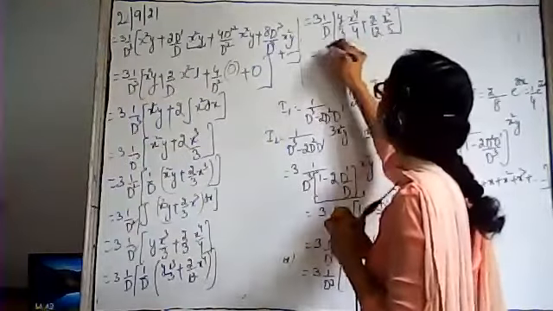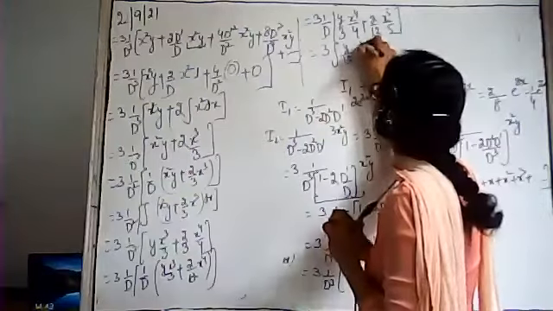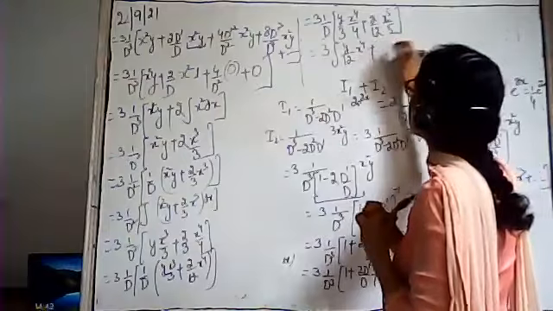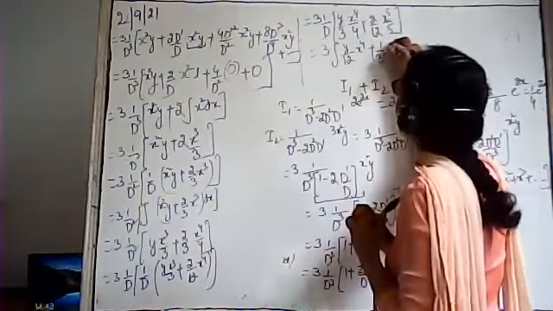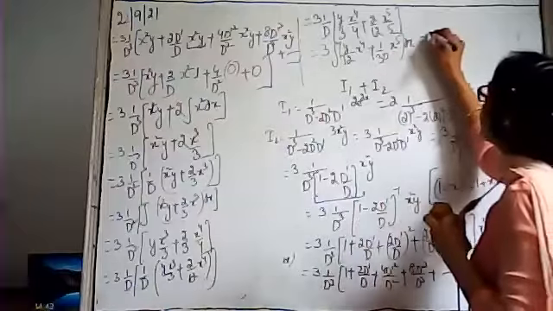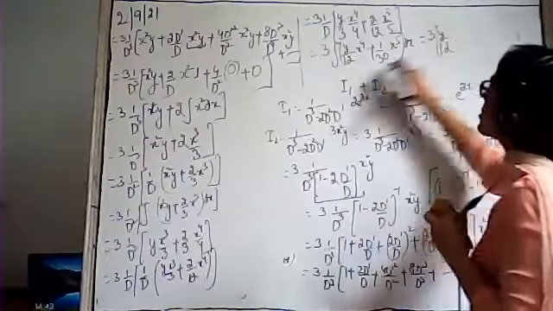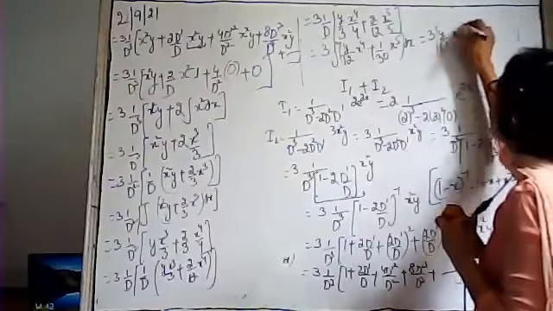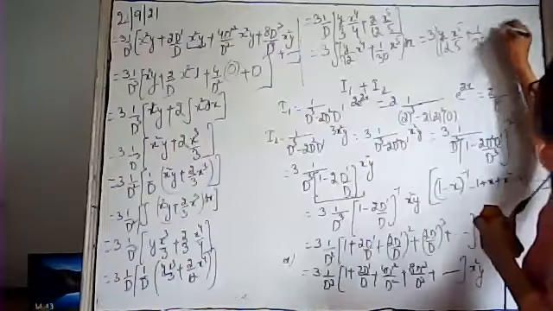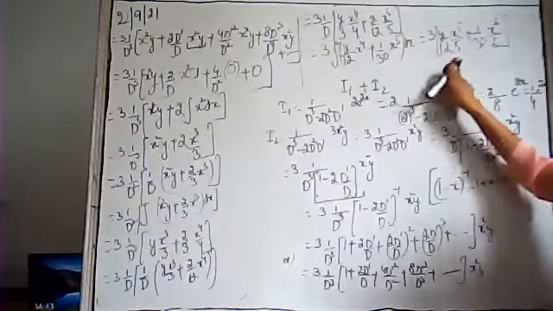After that, we have to integrate this function again. This will be y upon 12 x raised to the power 4 plus 2 6s are 12 and 6 5s are 30. This will be 1 upon 30 x raised to the power 5, and integrate with respect to x. It will be 3. y is again constant. 12 will remain as it is, and integration of x^4 will be x^5 by 5 plus 1 by 30 x to the power 5. Integration will be x^6 by 6. So this is the value of I2.